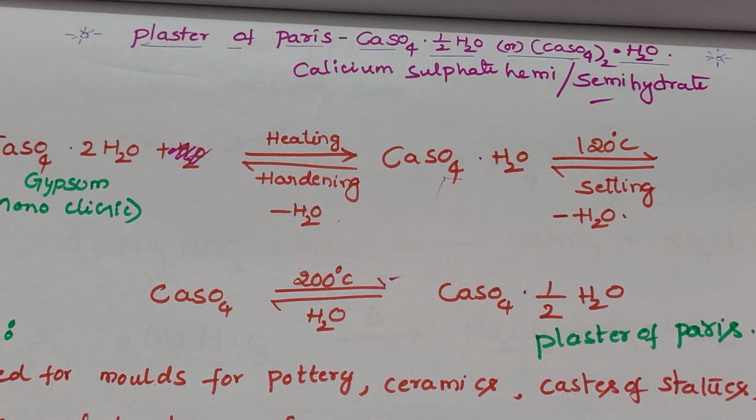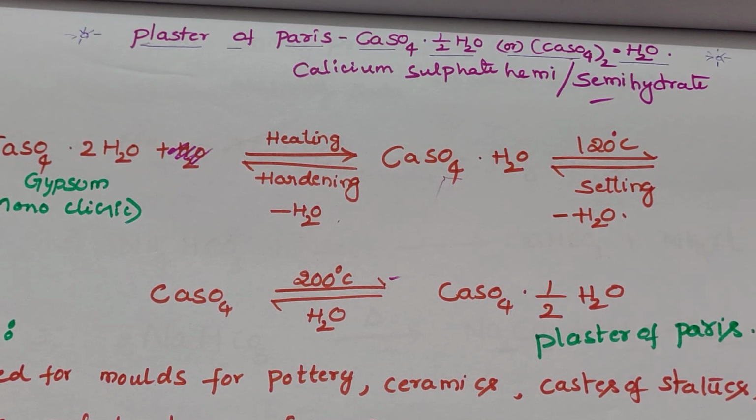On mixing with one third of its weight of water, it forms a plastic mass that sets into a hard mass of interlocking crystals of gypsum within 5 to 15 minutes. It is due to this reason that it is called plaster. The addition of common salt accelerates the rate of setting, while a little borax or alum reduces it.